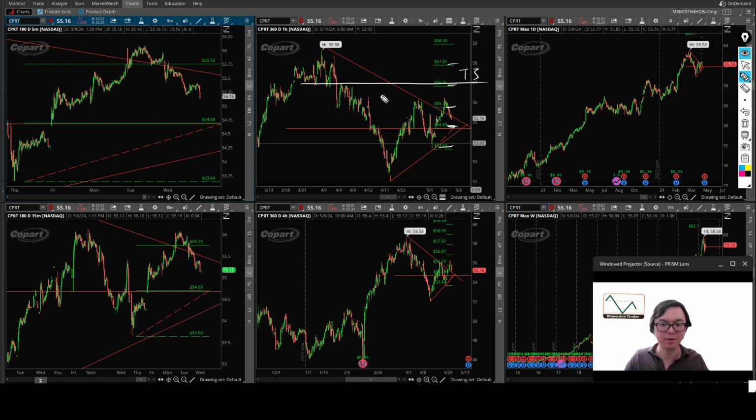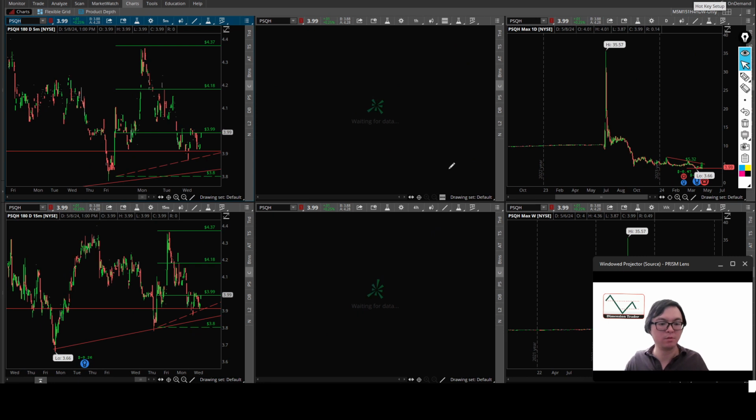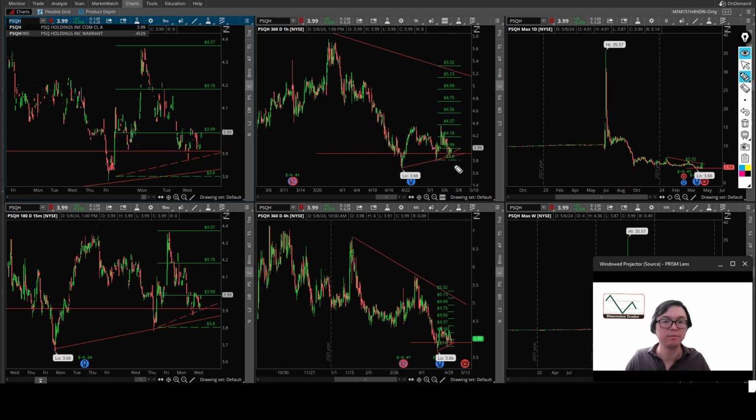So CPRT, we have the long expected setup position around 54.69. Okay, dimension 2 entry setup. Let's go to the next one. Next one,